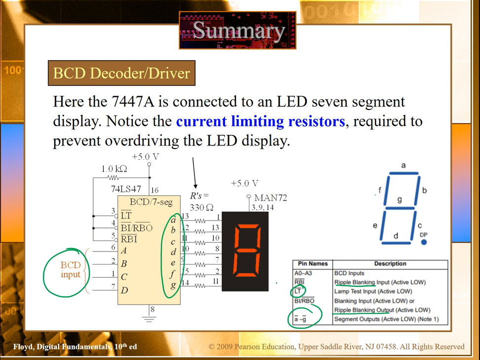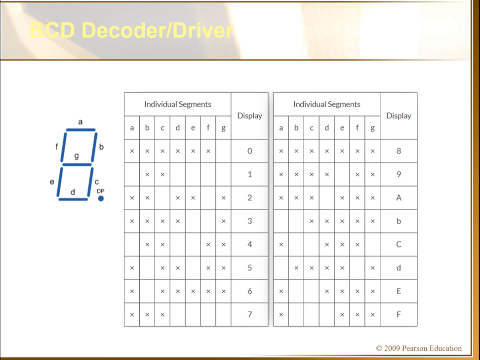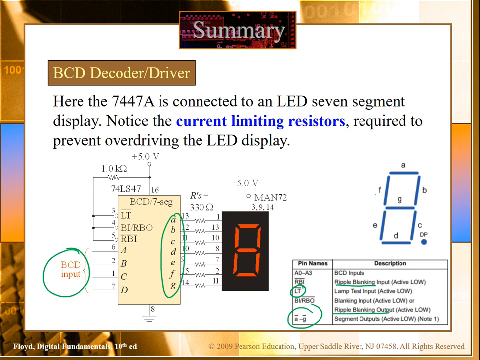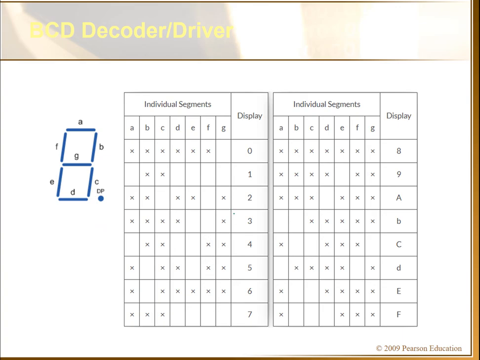We can use the RBI, ripple blanking input, and the RBO, ripple blanking output. We use them basically for zero suspension. What is zero suspension? Let me explain that after a couple of minutes. So these are just some additional functions. We will discuss them later on.